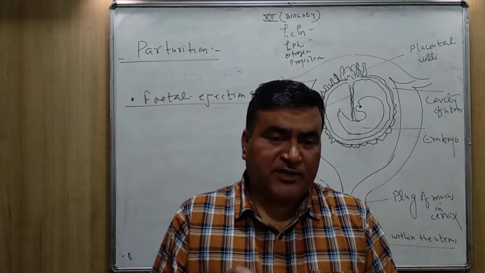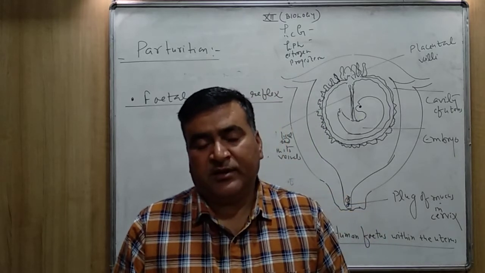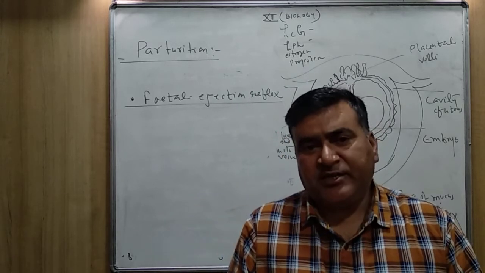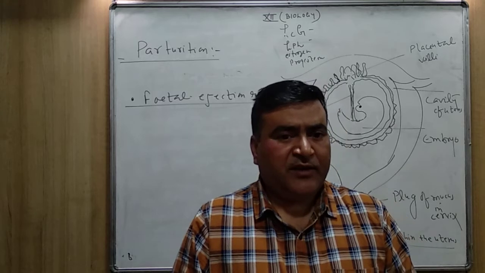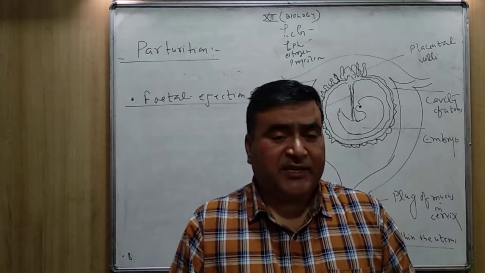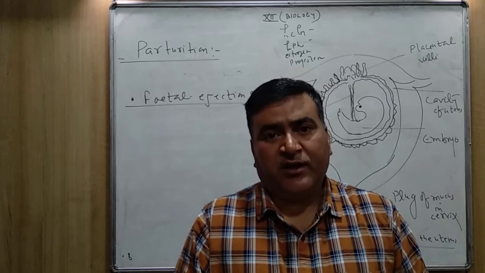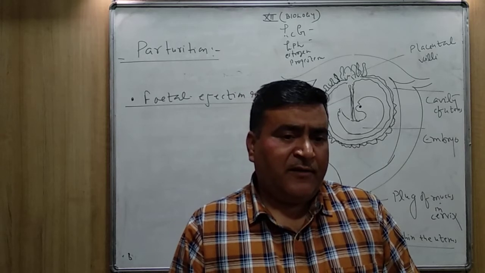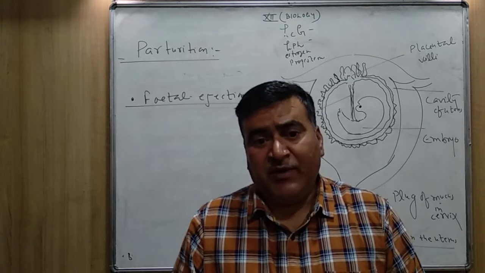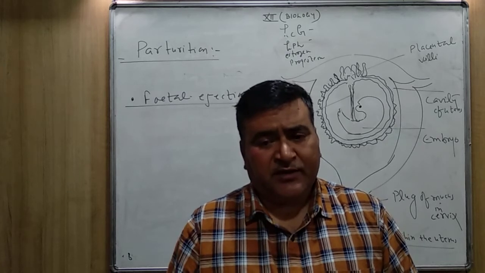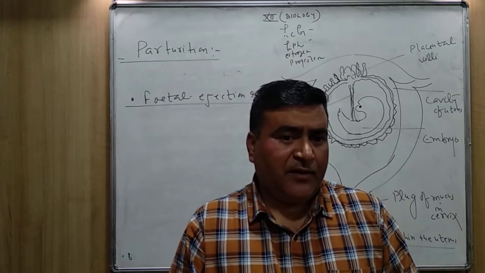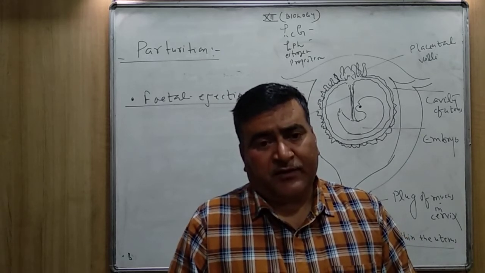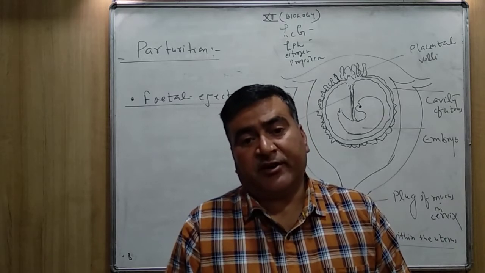The milk is produced by, as I have already taught you in class 11th, a hormone that is called prolactin hormone. The prolactin hormone is secreted even by the placenta also. Prolactin hormone is secreted by the anterior lobe of the pituitary also. And prolactin hormone is responsible for the production of milk, especially during the pregnancy period. But the ejection of milk takes place in the presence of oxytocin.